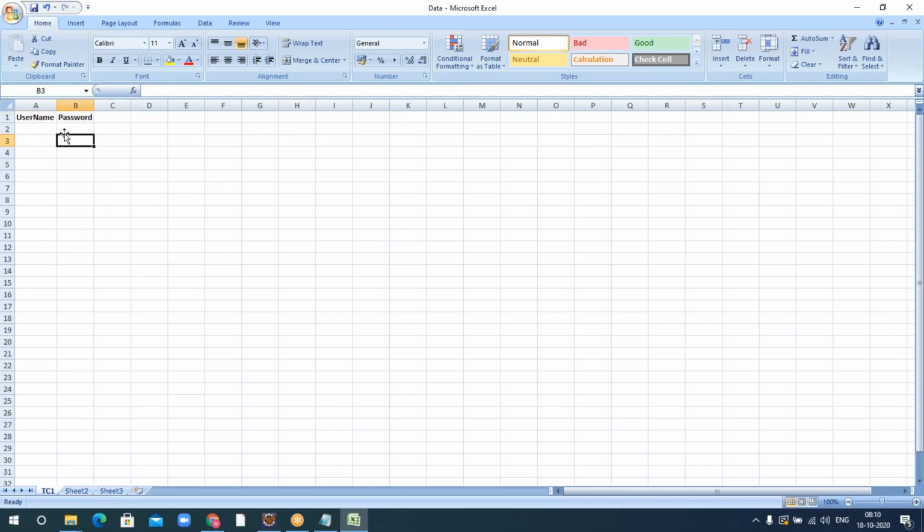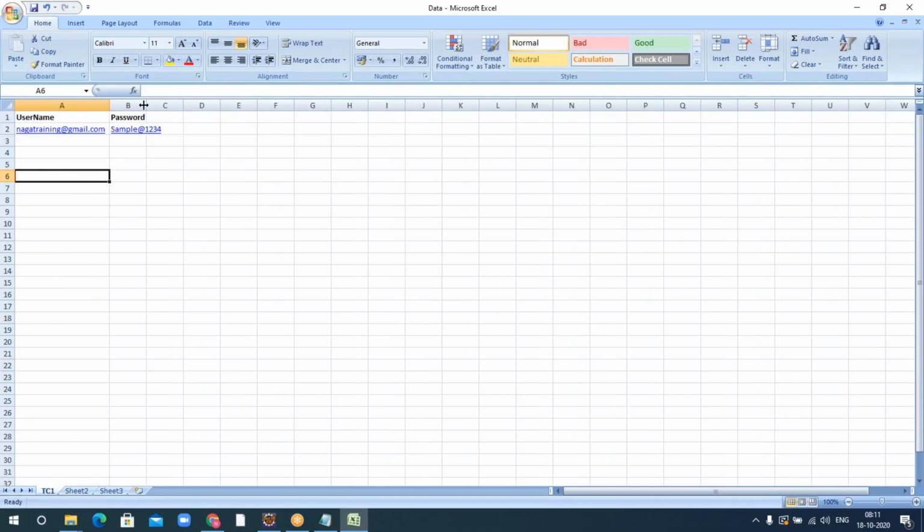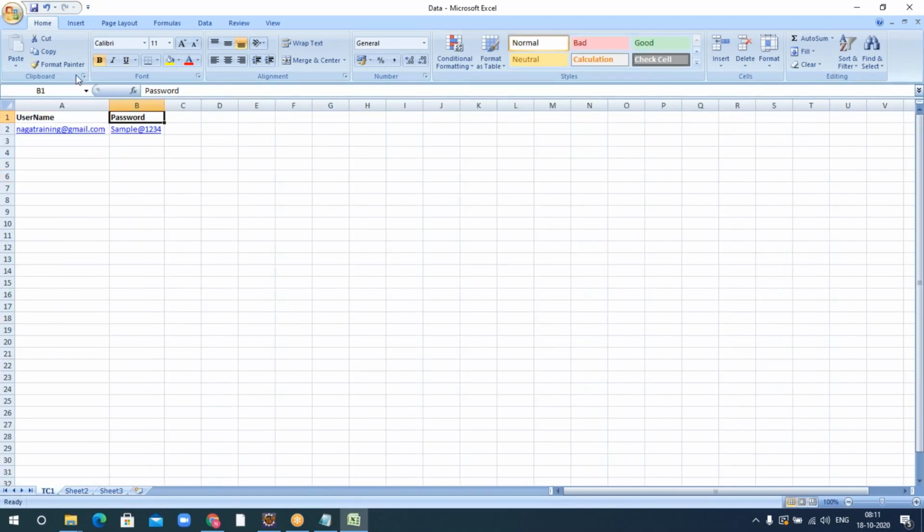I can give my username here, Gmail.com. The password is sample and the rate 1234. Right, these are the two things which I require.